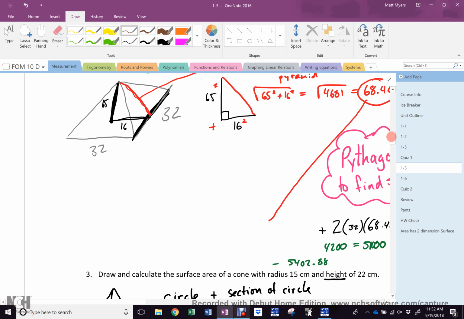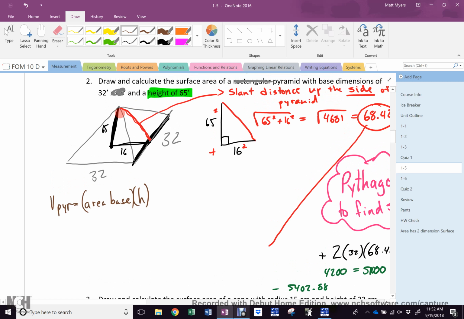Now, let's go on to this guy. He's a pyramid, yeah? We know what a pyramid is. We know a pyramid is related to a prism. So we know we start with area of the base. I know we used a lot of space here. That's why I said you might need to do these on a separate piece of paper. Now, area of base times height, if it were a prism, yes? But we know that a pyramid comes to a point, right? So if I finished this prism off,